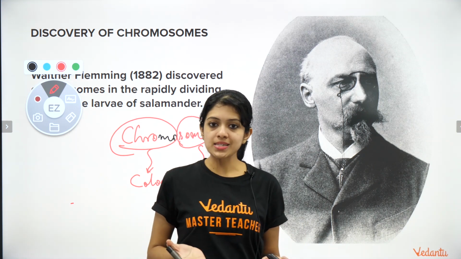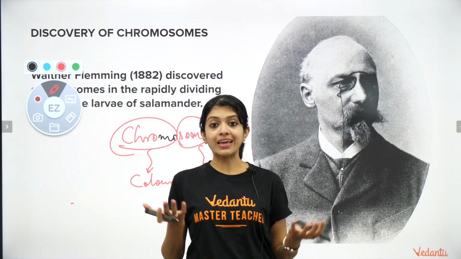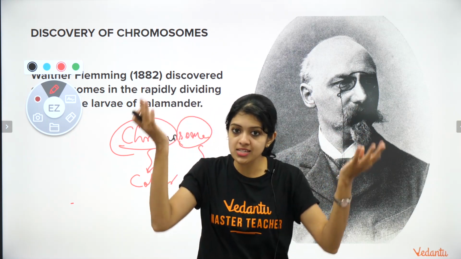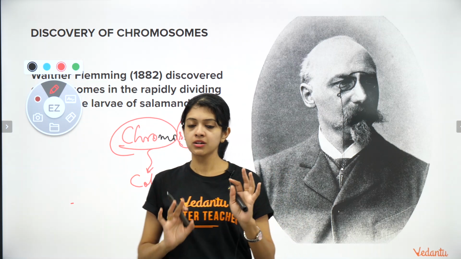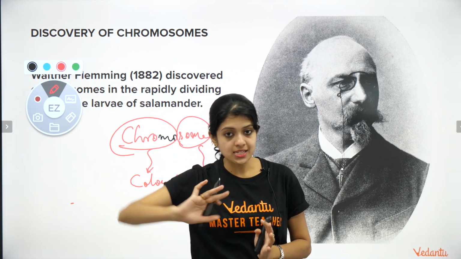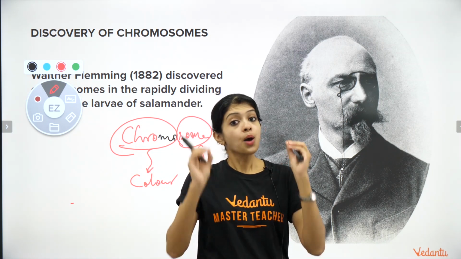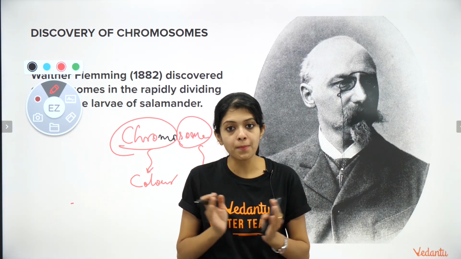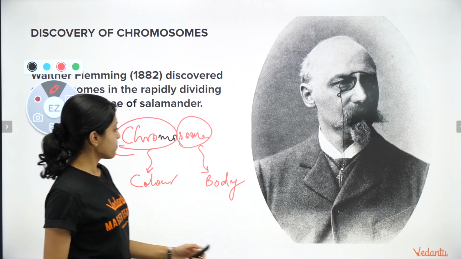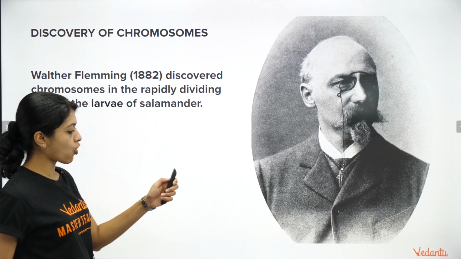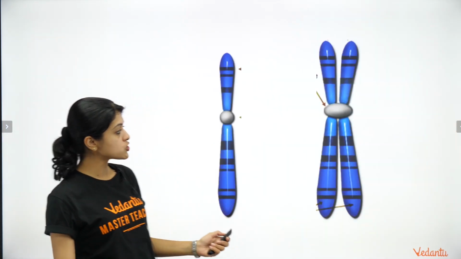But the only thing was that because of the lack of availability of high resolution microscopes around his time, Fleming was able to observe only the random chromatin structure. It wasn't exactly the more detailed structure that we know about today. All those discoveries came up much later. Okay, so this is briefly about the history of the discovery of the chromosome.